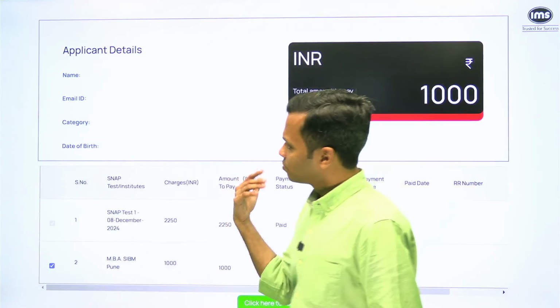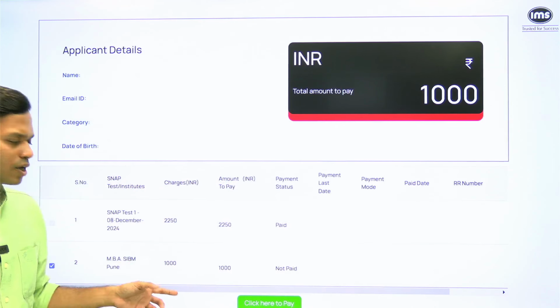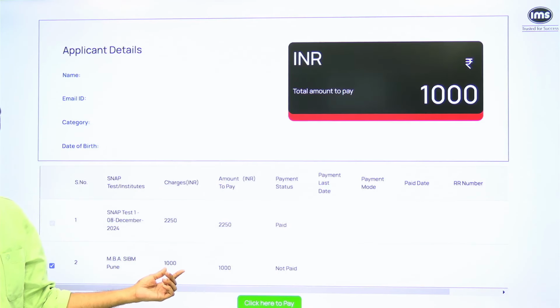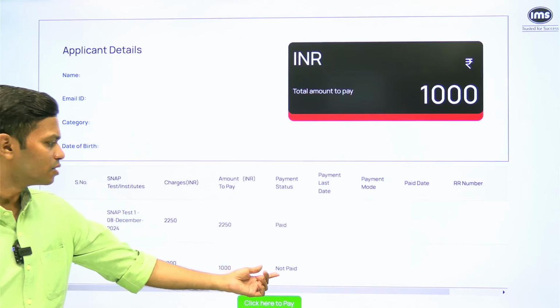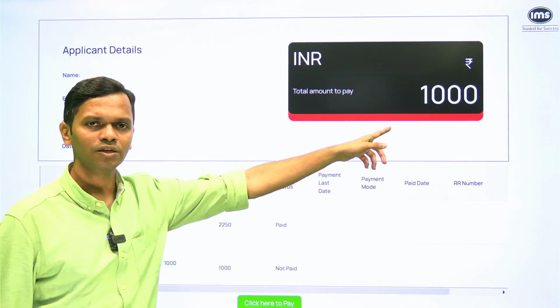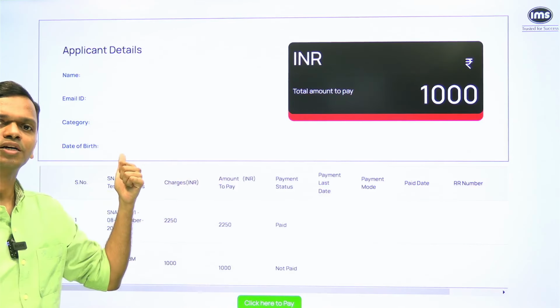Once you've done that, you come to the next screen wherein, because we had chosen SIBM Pune, as you can see here, it has added MBA SIBM Pune. It is showing 1000 that you need to pay, and current status is not paid. So it will show you that you still have to pay 1000. The initial 2250 we had paid, but because you added SIBM Pune,